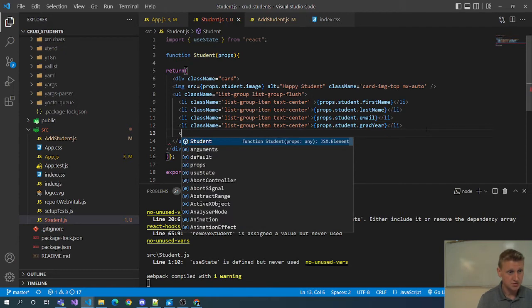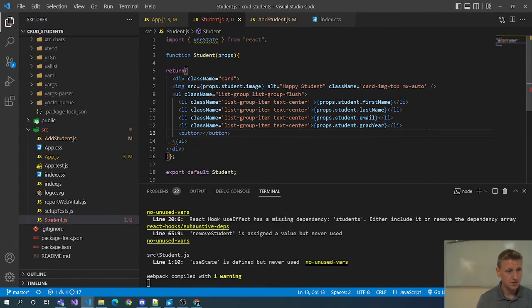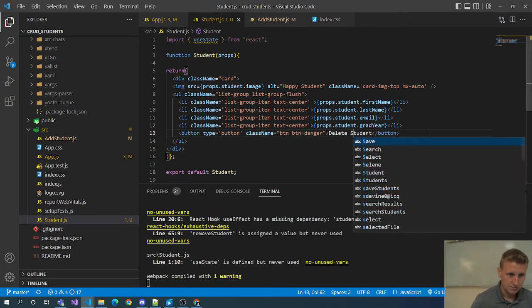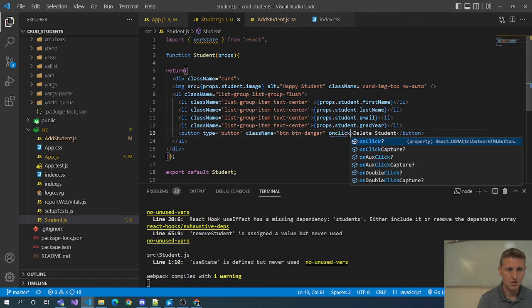Here we'll do a button type button, class name of button, button danger, button, on click,